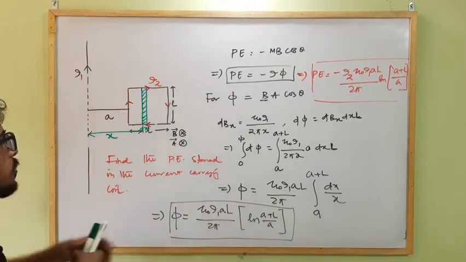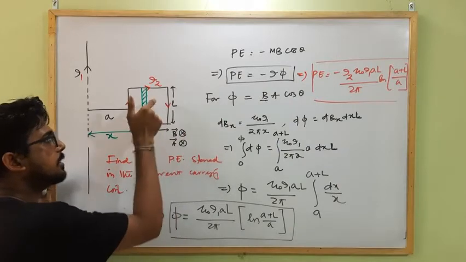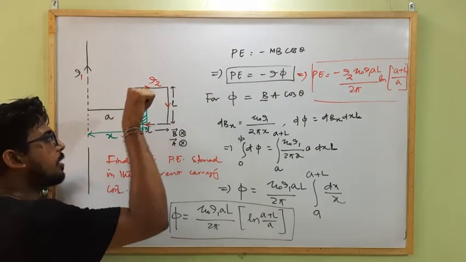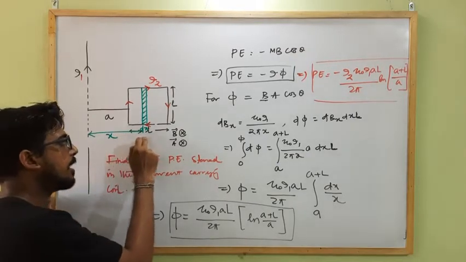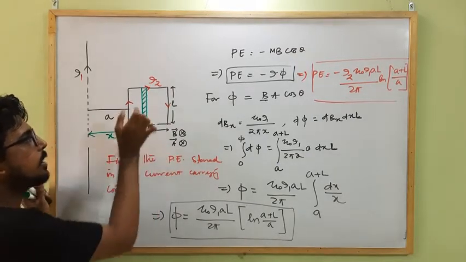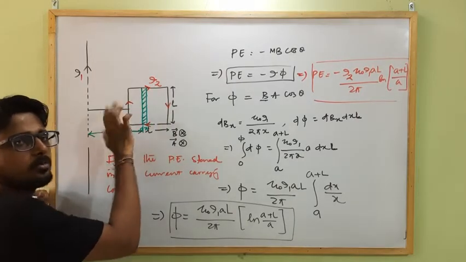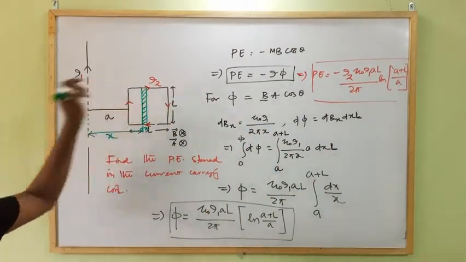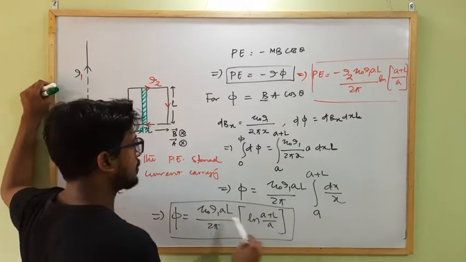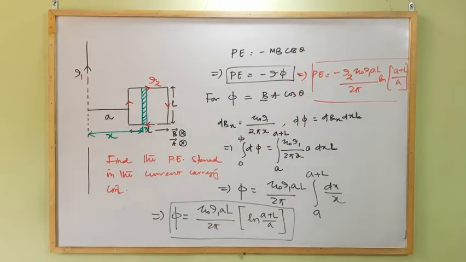So here the flux equal to BA cos theta. Theta is 0 because B is into the plane, and along the direction of current, as I am drawing my figure, the area will also be into the plane. So as the magnetic field strength varies from place to place, we have to calculate the magnetic field strength for a small portion and the flux linked with that portion due to that magnetic field. That will be this much. And now we have to integrate for the complete flux linked with this loop, and the net flux will be this much. So phi into minus I will give us the potential energy attached with it. Clear?